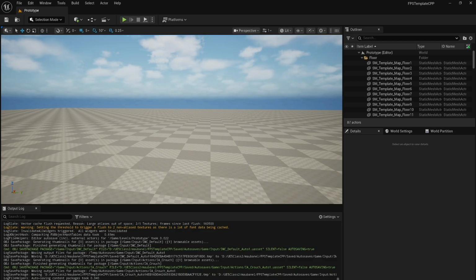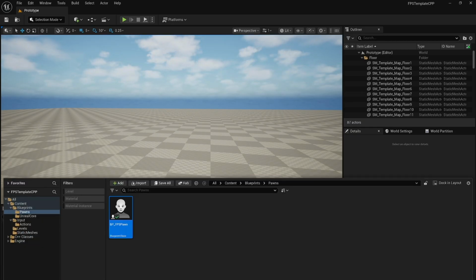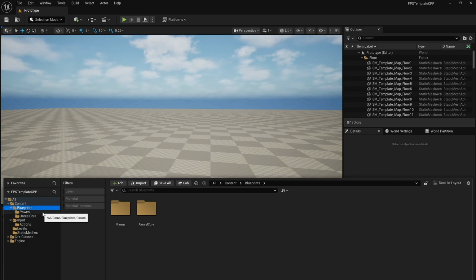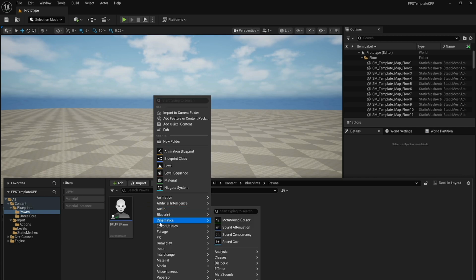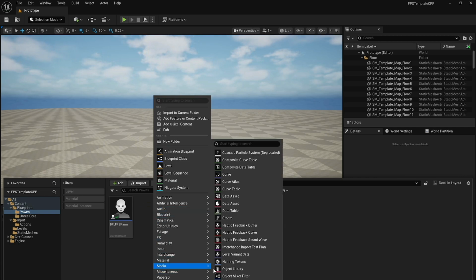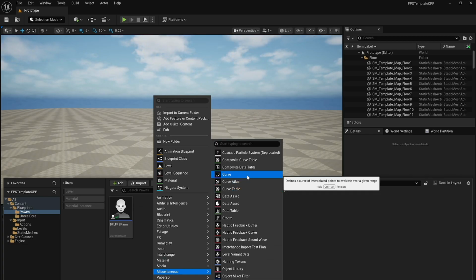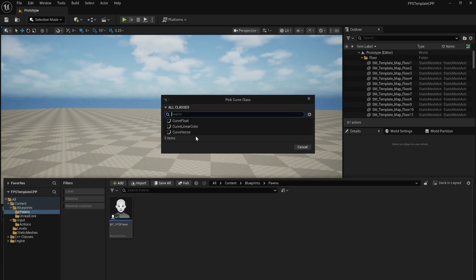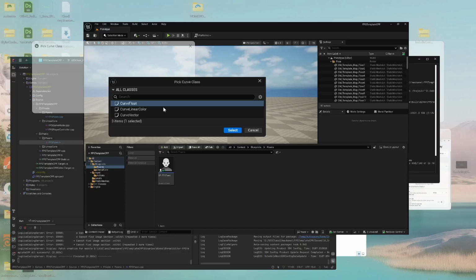So let's go to our content drawer and let's create it. We'll create it in the blueprints folder. It's going to be part of our pawn. So we'll create it here, and essentially it's a miscellaneous, and it is a curve. So I believe it is just adding a float curve. So it's a curve, and then it's going to say what type, and I want curve float because it is a floating point curve. And we're going to select that,